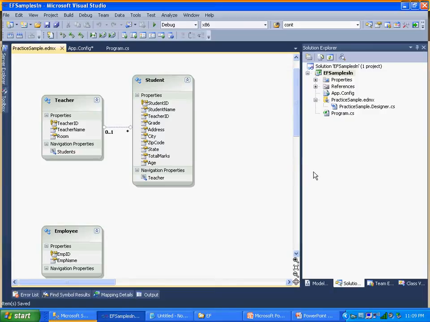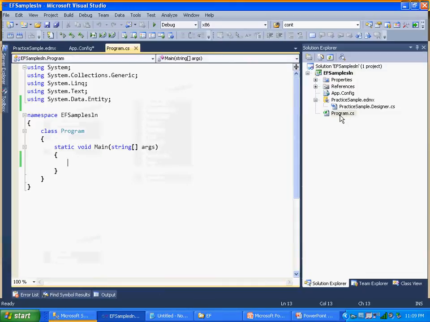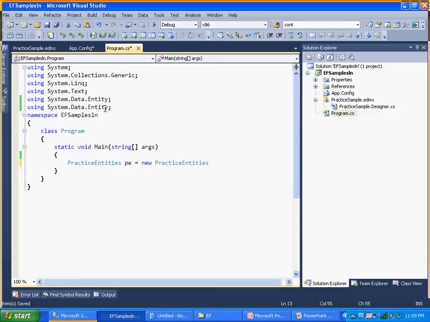for each stored procedure you need to create a function. But we are going to discuss how to truncate a table. So for that, first you need to add the namespace using System.Data.Entity, and you need to create a DbContext object. Here it is going to be PracticeEntities, pe equal to new PracticeEntities, and if you see pe